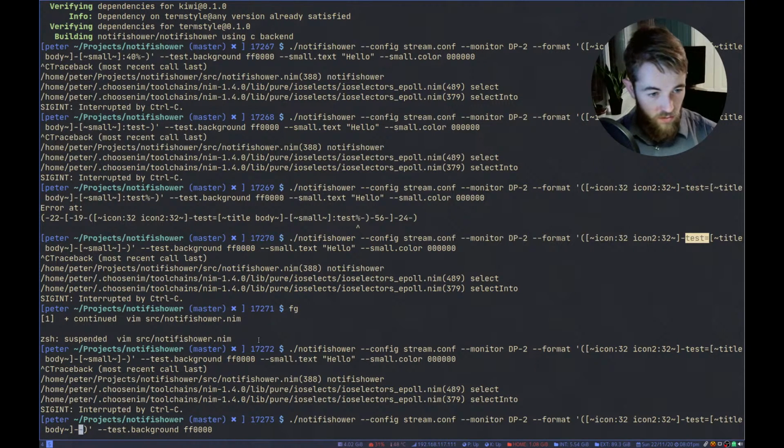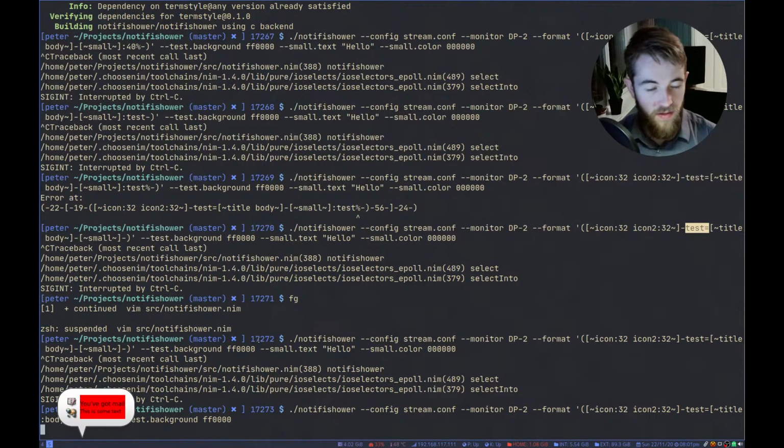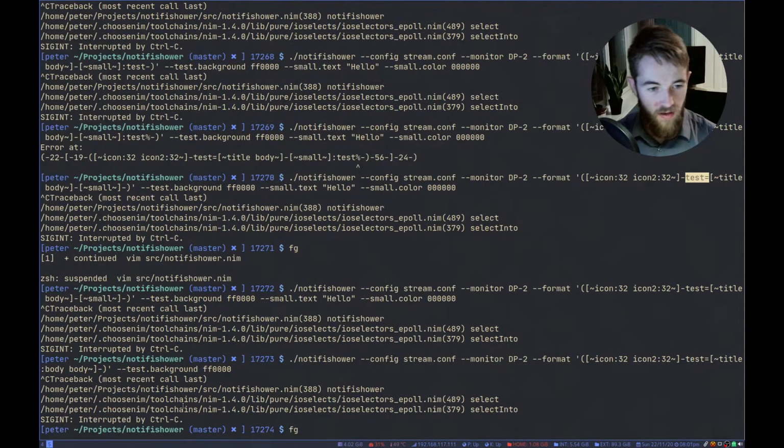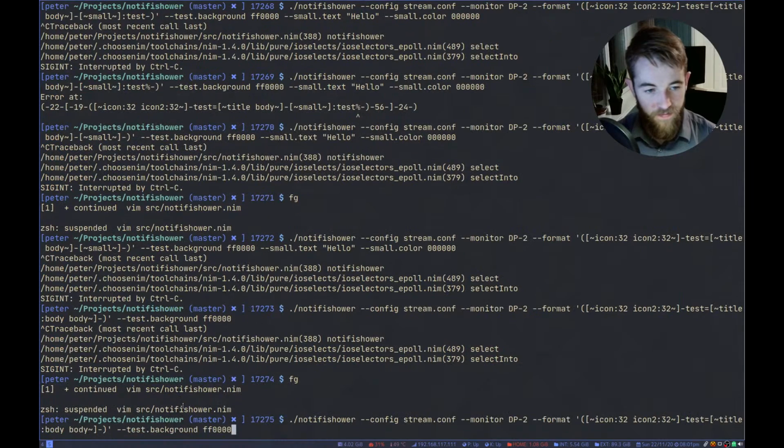So we can do something like this and say, test sure, and say that title should be equal to body, and that should now be equal to this, but this is allowed to have some extra space. That should be fine.